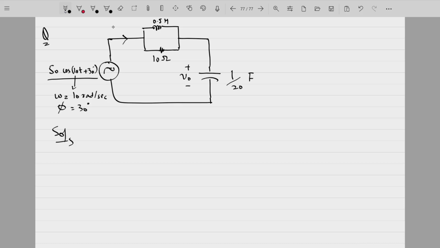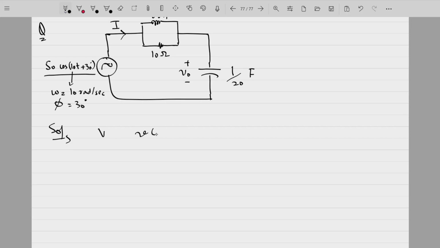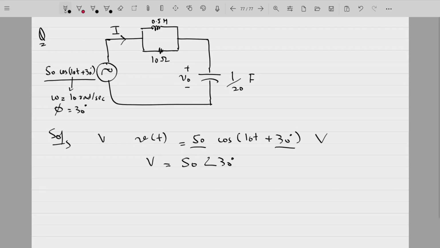For that we need to solve for the current I in this circuit। Vt आपको दिया हुआ है, it is 50 cos 10t plus 30 degree volts। So if this is in the sinusoidal form, you can put it directly in the polar form। Polar form easier रहता है solve करना। So in polar form this is simply V angle 30 degrees। So ये आपका V हो गया।